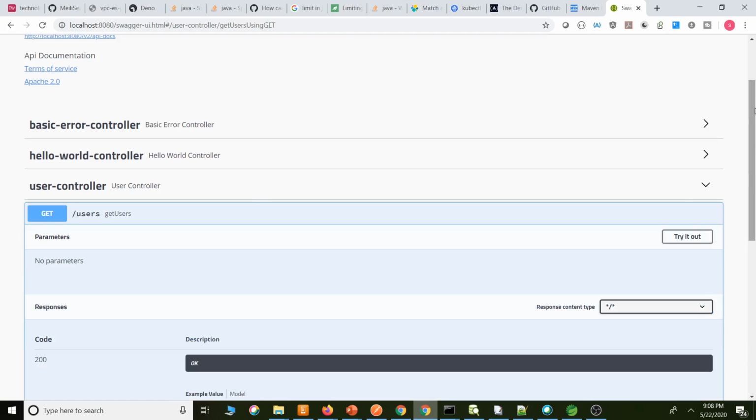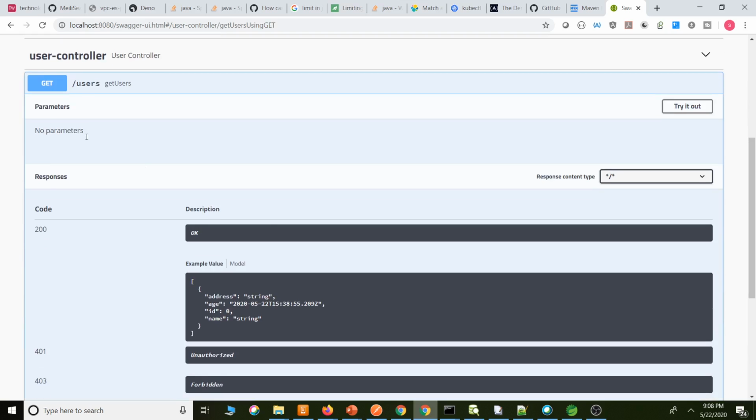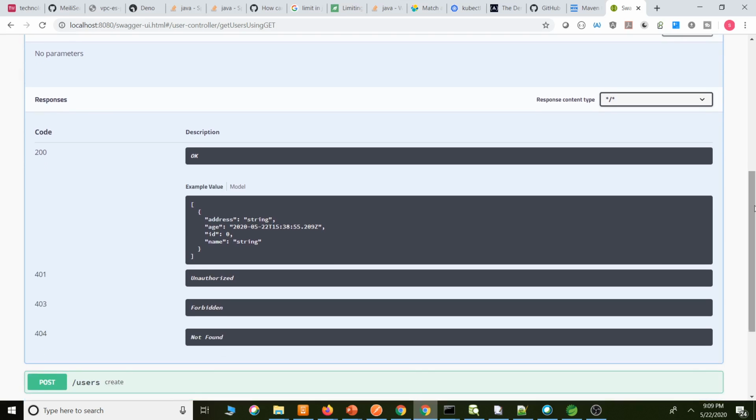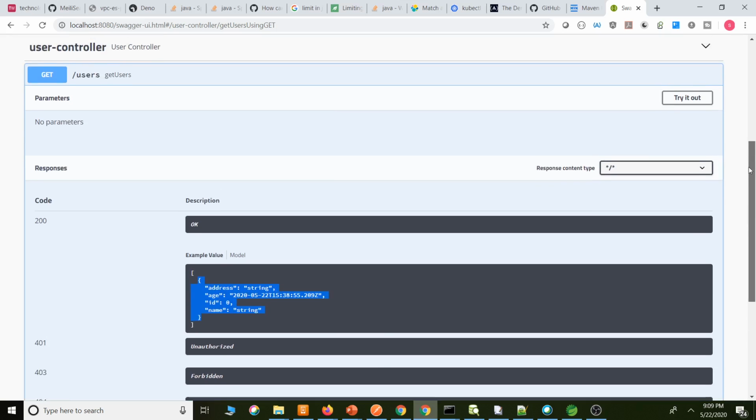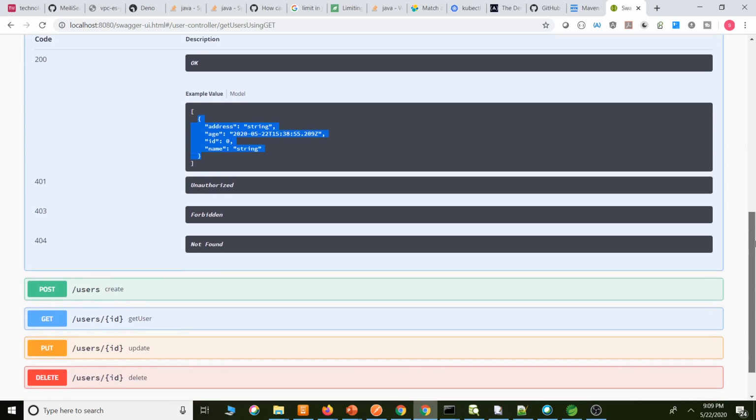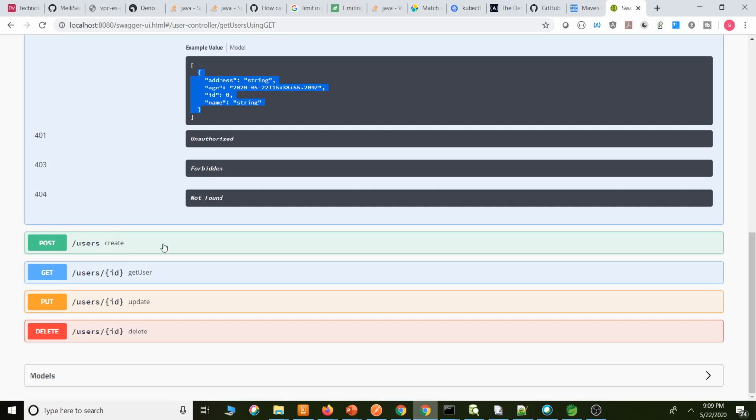Let's see what is here. For example, this is the response. We don't have to provide any input, and without providing any input we can see the response. If it is 200 OK, we will get this response: address, ID, name, the list of users, because it is the get users API.